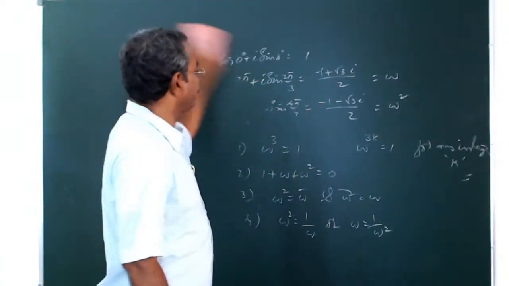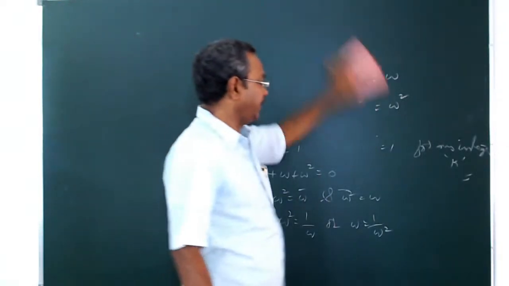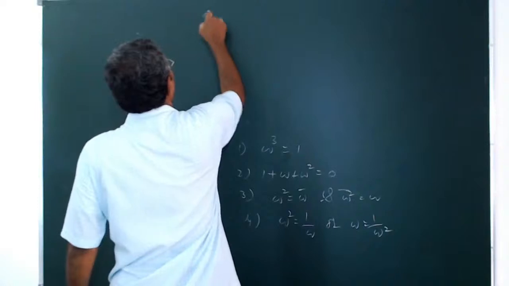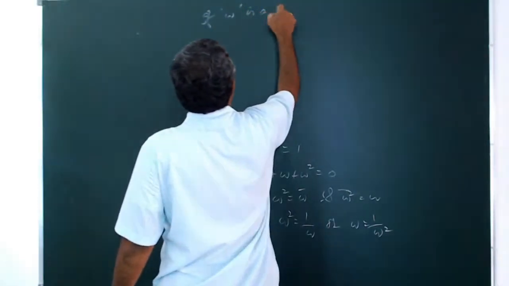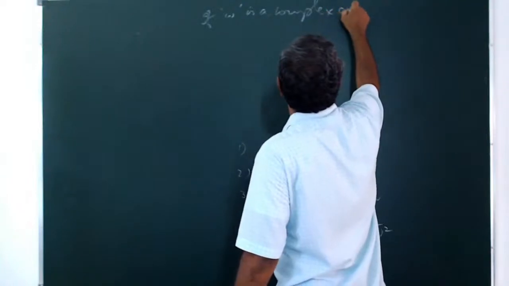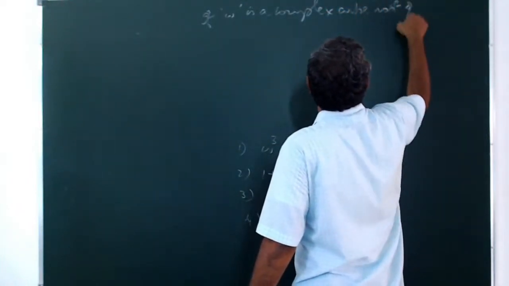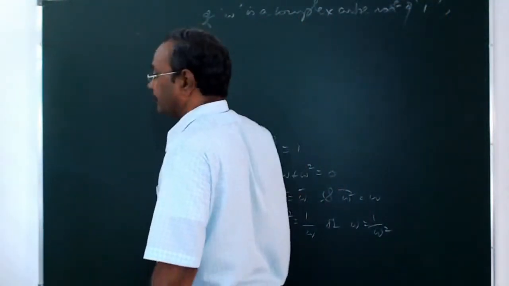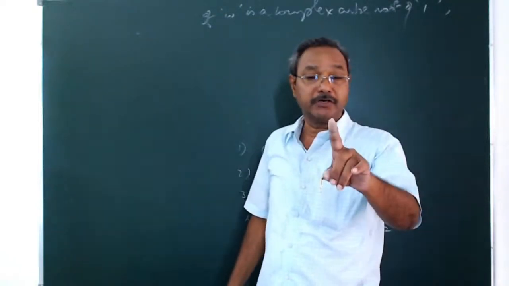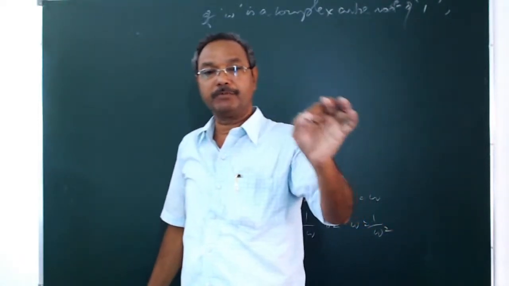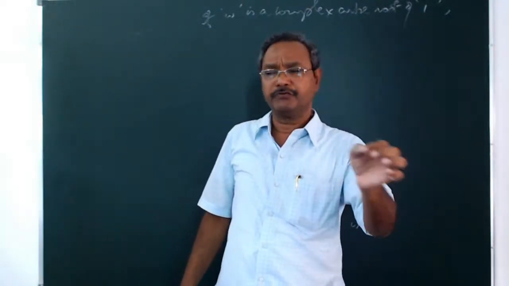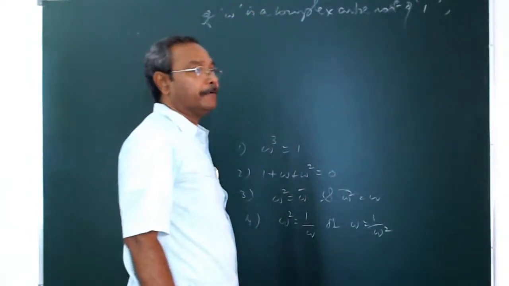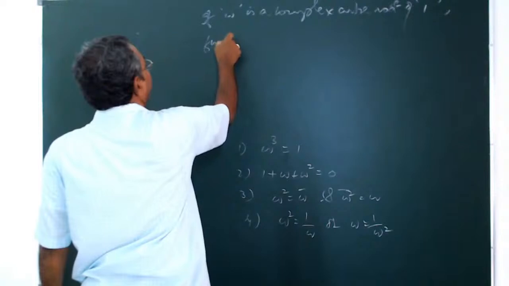To solve a few problems on these omega, let's see a few problems. If omega is a complex cube root of 1, that means it is not the real number 1. It is minus 1 plus root 3 i by 2, or minus 1 minus root 3 i by 2. If omega is a complex root of 1, find